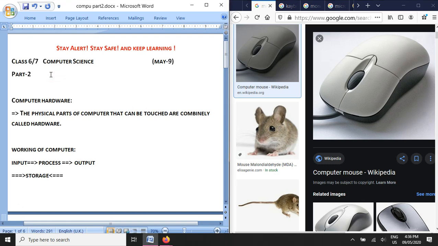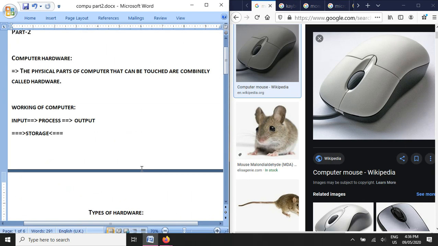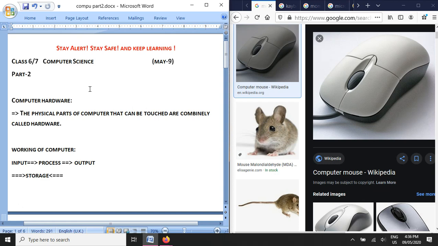So please, let's start. Today we are starting with the computer hardware. Yesterday we read about the basic introduction to the computer, and today we are starting with the computer hardware. We are studying the computer hardwares. So computer has two major components in it. The first one is the hardware component and the second one is the software component. About the software component we will make another video, and in this video we are going to talk about the computer hardwares. So let's see.